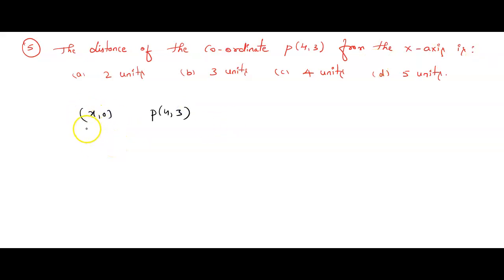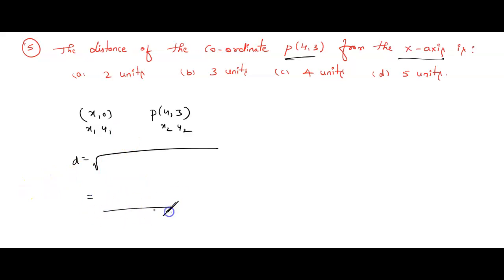x, 0. Then usually you say that this is x1, y1, this is x2, y2 and you start solving the problem. Correct? Because they are asking the distance from this point from the x-axis. From means x-axis will come first. The coordinates on x-axis are x, 0 and this is the point. Then you apply the distance formula d equals root of x2 minus x1 whole square plus y2 minus y1 whole square. And if you solve also, definitely the answer you get doesn't match with the given units. Children, this problem is not related to this method. Understood? Okay, this problem is not related to this method.